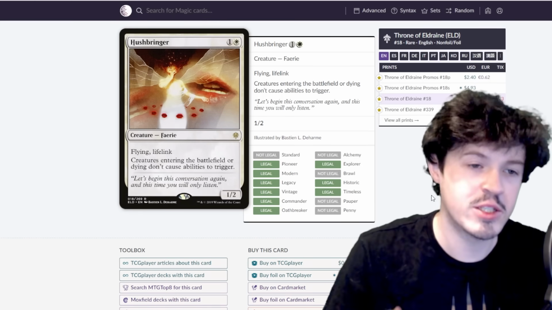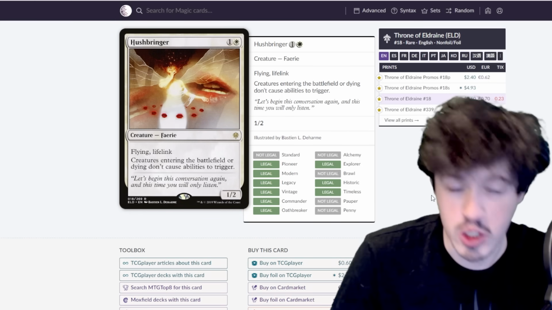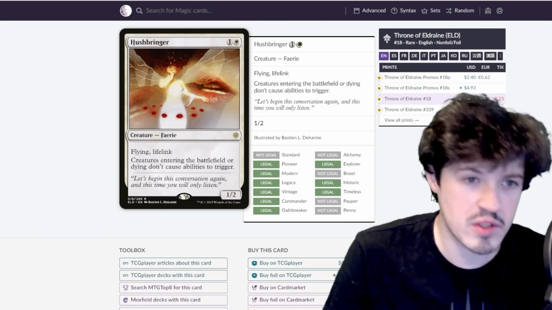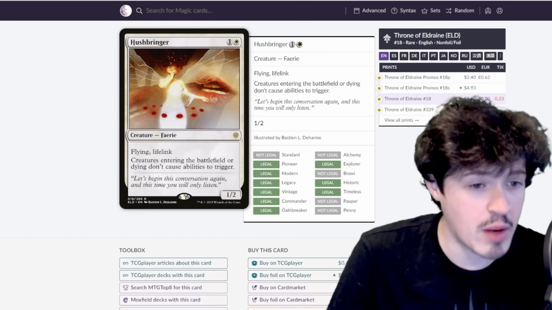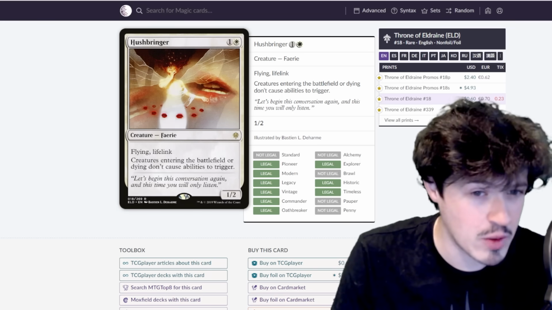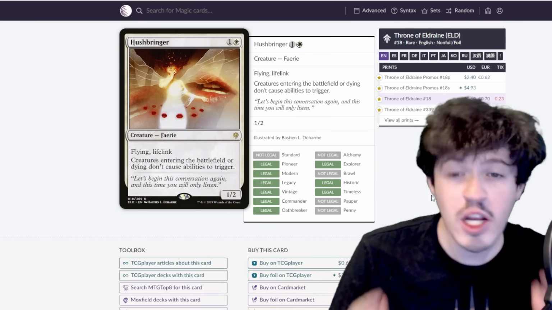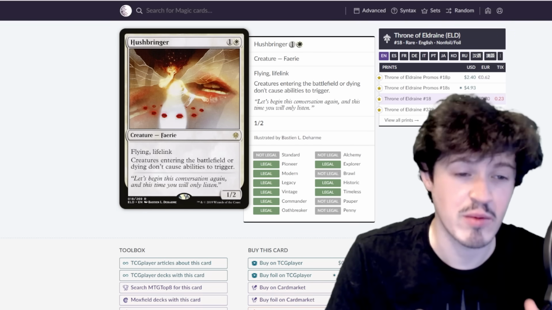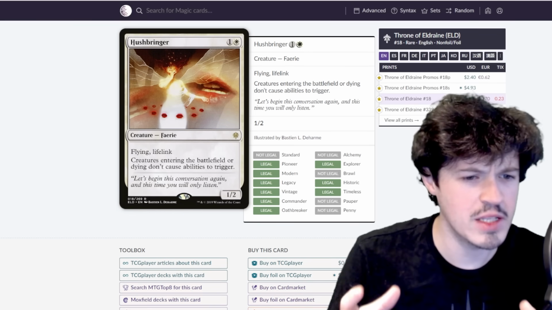The other best 2-drop for this effect has been Hushbringer historically. Another flying lifelinker. Lifelink obviously exclusive to Hushbringer, but a flying 1/2 body seems very similar. But it says creatures entering the battlefield or dying don't cause abilities to trigger. So Hushbringer has been historically so good at stopping these types of effects that it often is too good at